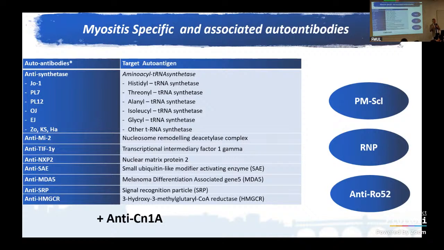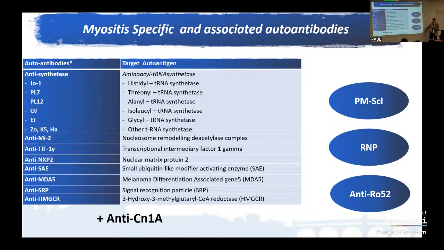I'm expecting a lot of questions about anti-MDA5 antibodies at the end of the presentation, anti-SRP, and also antibodies that may be related to necrotizing myopathy, such as anti-HMGCR, which are associated with the use of statins. We have also the latter autoantibodies, anti-cN1A, that is not strictly related to inclusion body myositis,